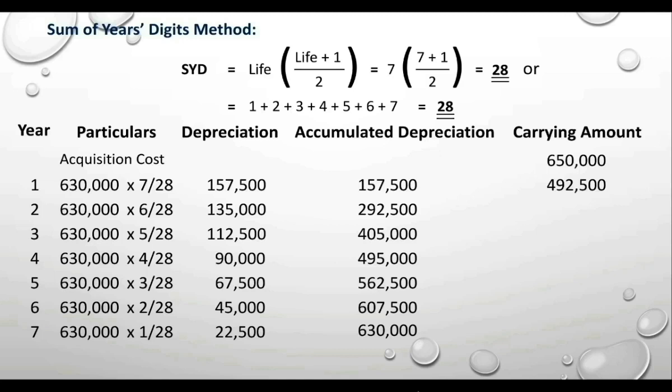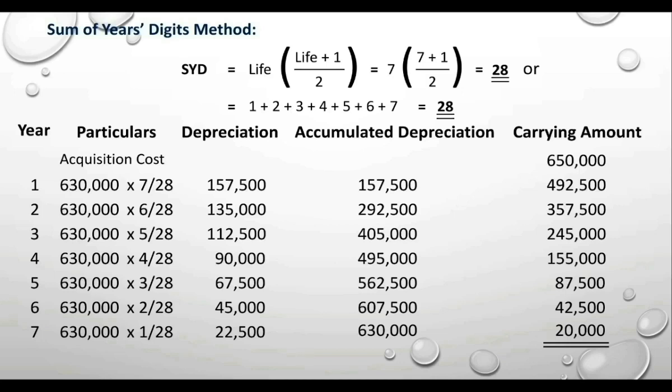Yung dalawang paraan ng computation ng carrying amount ay kabisado mo na din at this point kung napanood mo ang discussion ko about the working hours at output methods. At may idea ka na din na tama ang ginawa nating table kapag nakita mo na sa katapusan ng 7 years na useful life ng machinery, ang carrying amount ay equal sa 20,000 na residual value. Ang accumulated depreciation at total ng depreciation expense column sa table ay equal sa depreciable amount na